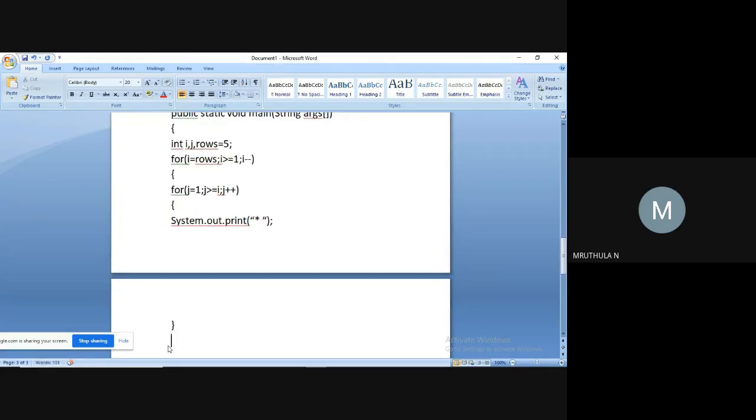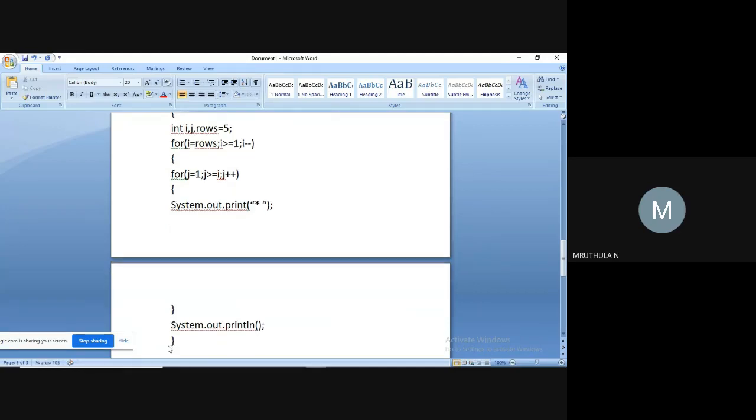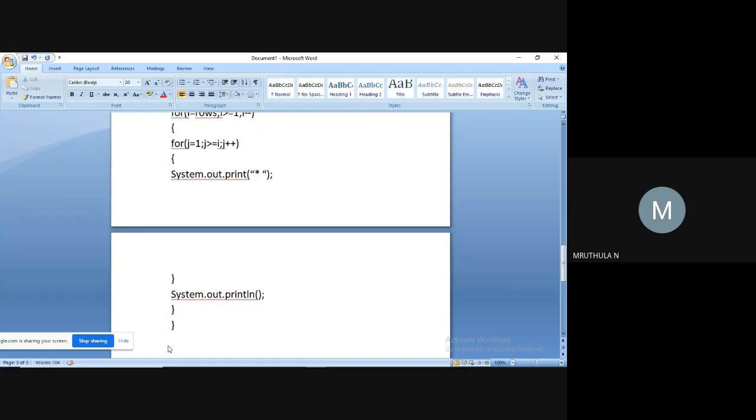Closing the for loop of J variable. Again, we need to switch to a new line, so system dot out dot println. Closing for loop of variable I, closing main function and closing class.